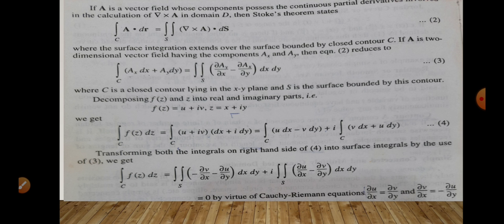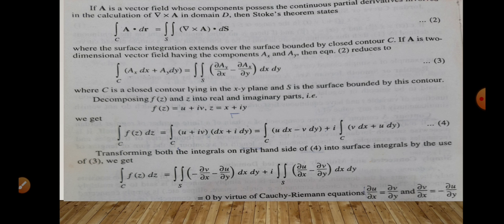Now we get the integral over the contour C of f(z) dz, where f(z) is u plus iota v and dz is dx plus iota dy. So we can write this in the simplest form: the integral over contour C of (u dx minus v dy) plus iota (v dx plus u dy). Transforming both the integrals on the RHS of 4 into surface integrals by the use of 3,